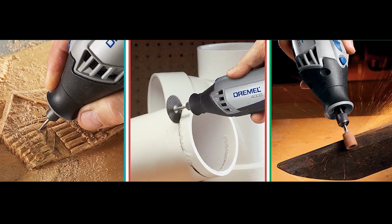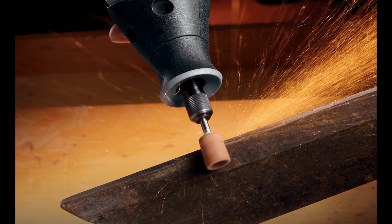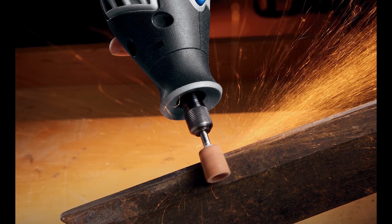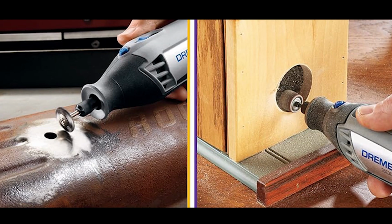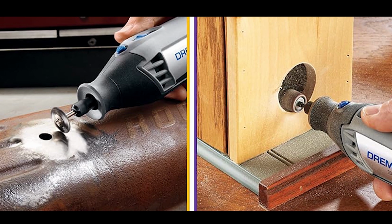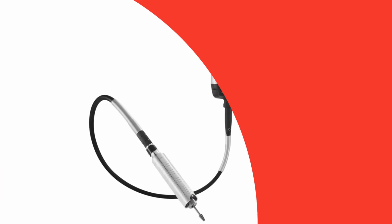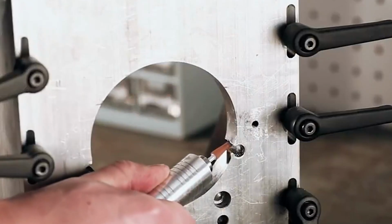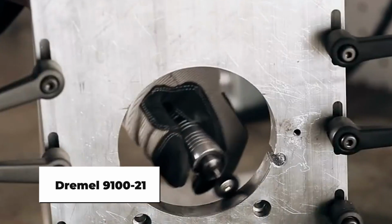The corded design means you'll never run out of power, though you're trading mobility for consistency. Dremel's airflow system keeps things cool, and the ergonomic grip makes long projects more comfortable. If you want a reliable rotary tool with a massive accessory kit, this one's a solid pick if you can find it in stock. If the Dremel 4300 feels like more than you need, the Dremel 9121 Fortiflex might be